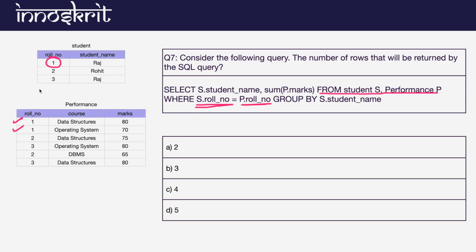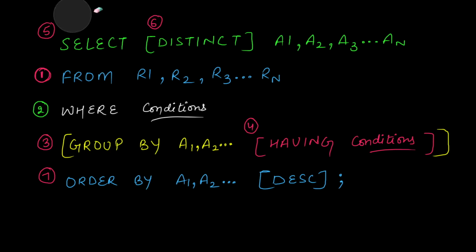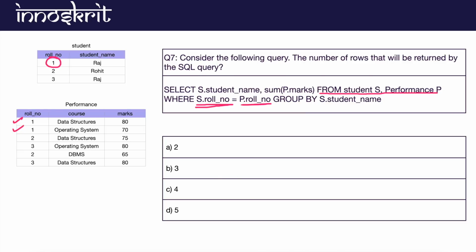Okay, so if these two are matching, that means you are going to combine them in your result set. What did I say? I simply said that you have to execute your answer in this particular order: first of all this from table will be done, then this where clause will be calculated, right? So you will first execute the whole thing as per this one and this condition. If you execute these two tables as per these two conditions, then only you can perform the group by operation.